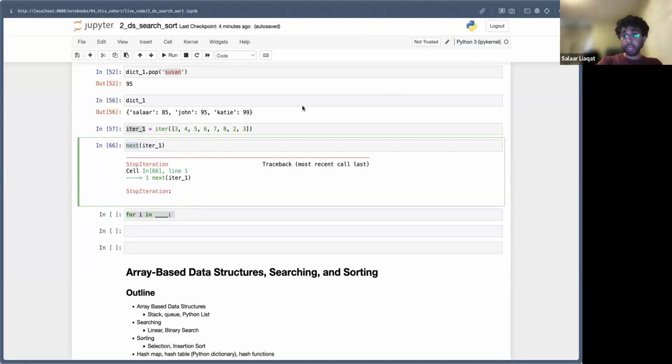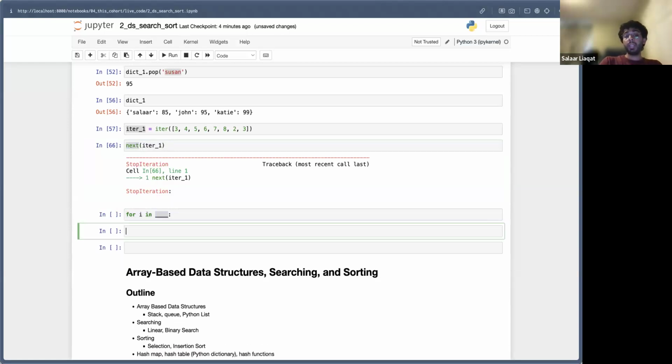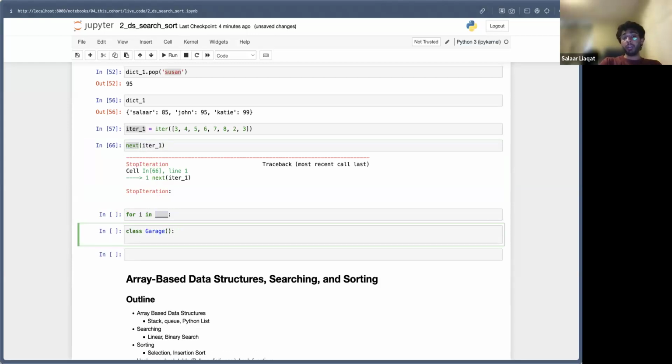I'll just repeat that one more time. If you have an iterable object, what that means is it implements the next function, then you can pass that object into a for loop and it will know how to iterate through it. So even if, for example, we create, let's actually do this example. Let's say we create a custom class called a garage, and a garage has something called